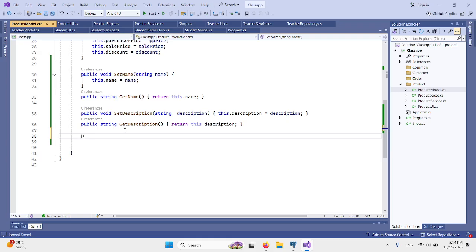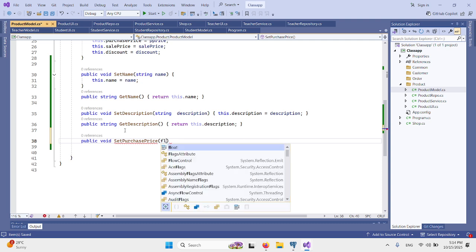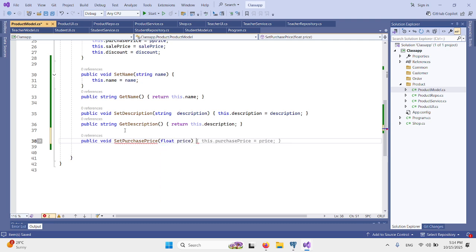Public void set purchase price. I'm just waiting for it to give me a hint, but now actually this is on your side.